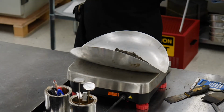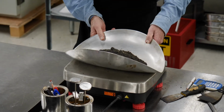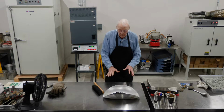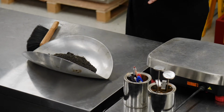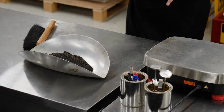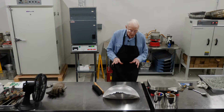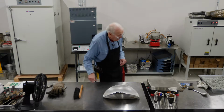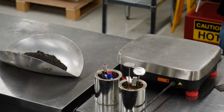I got 1,625 grams basically, so that's good. I don't need to record that weight. And again, you're going to run 2 of these samples and average the results. This sample was obtained by splitting down in a sample splitter, and this is the same wrap that we used to do our oven calibration. It's all gotten at the stockpile at the same time. So the first thing we're going to do, get our vacuum jar,